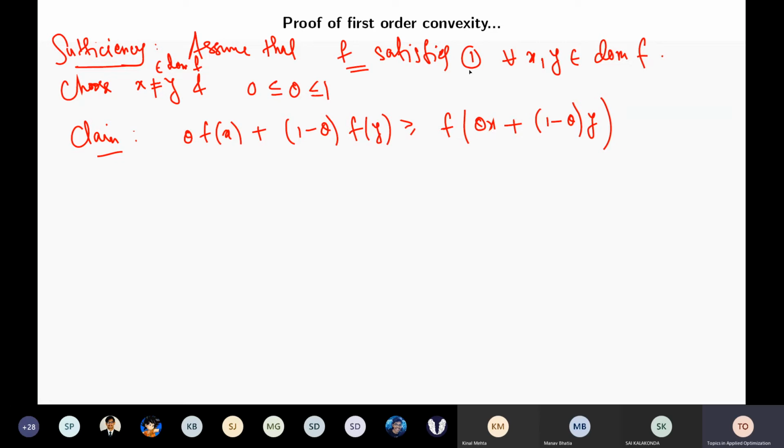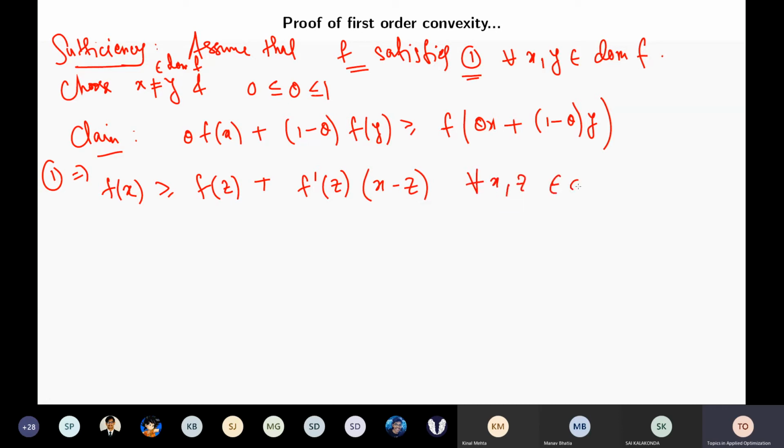And what we are given is that first thing, right? So the first order criteria is there, and we can just write it down, and you will see that it will just follow. So let us write down the first one. With respect to x, this holds: f(x) is greater than or equal to f(z) plus f prime of z times (x minus z). This holds for all x and z in the domain of f, and similarly for f(y),